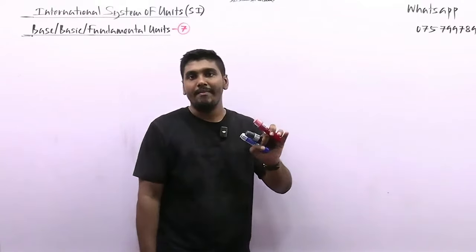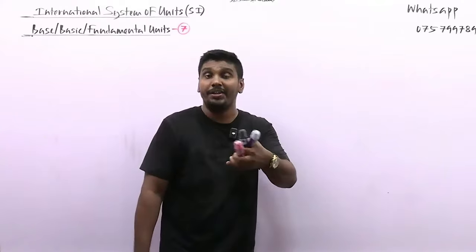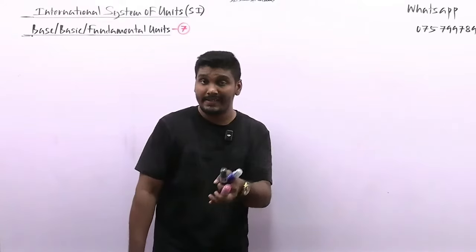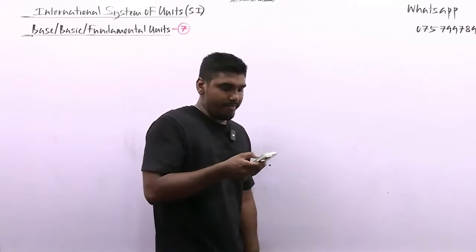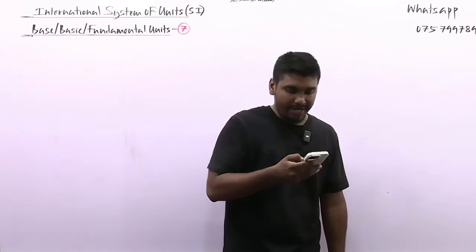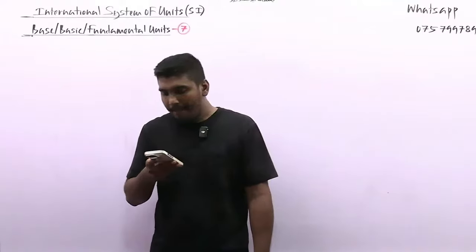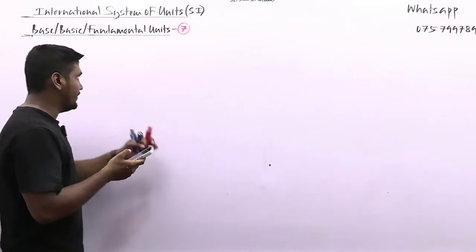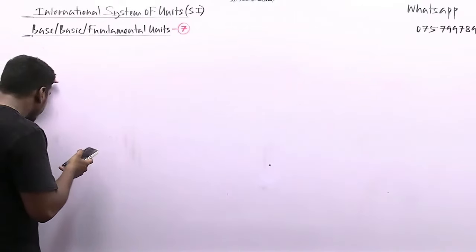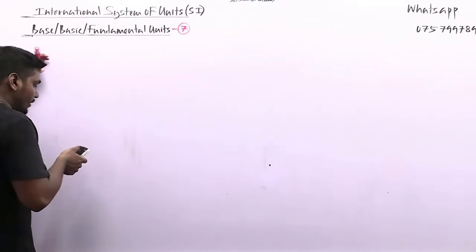Definitely we all know that mass should be one of the basic physical quantities. Definitely length must be one, and time should also be one of the basic physical quantities. Therefore, write down number 1, mass. First of all, we'll complete the basic quantities, and then we'll talk about their SI units and symbols. Number 1, mass. Number 2, write down.